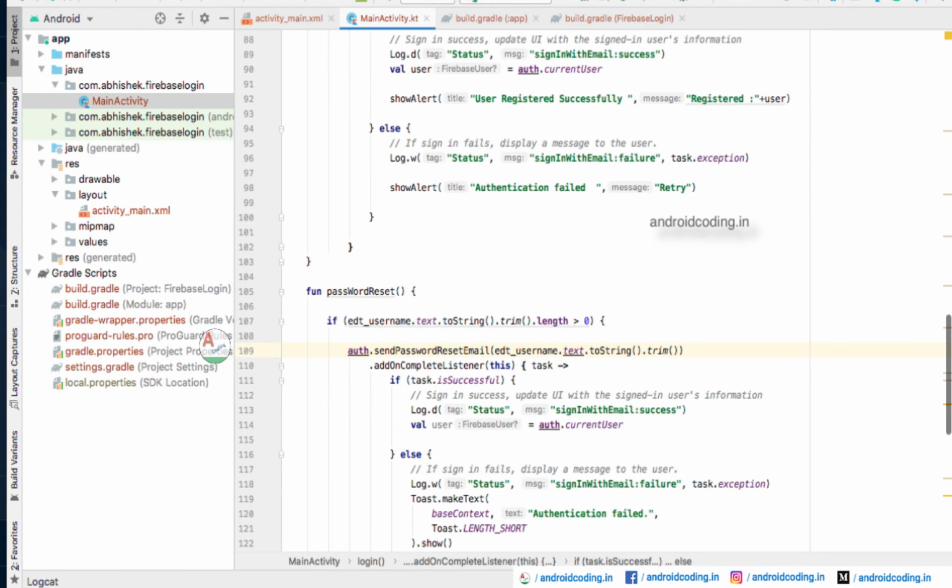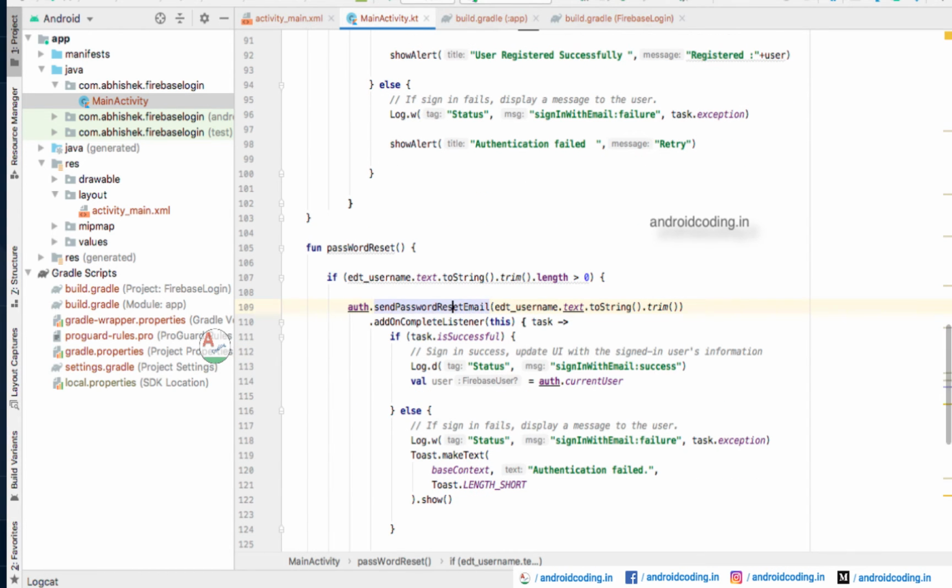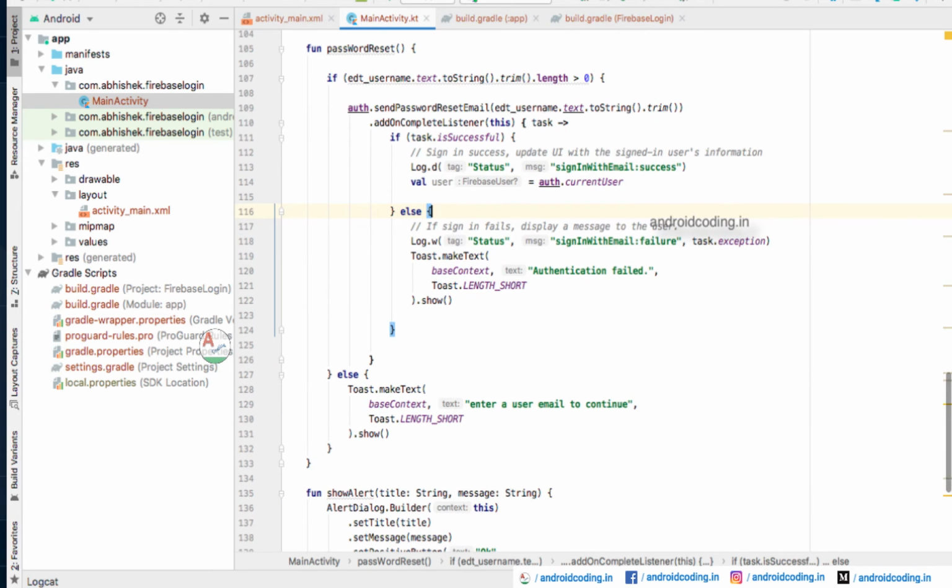And here the third module is password reset. So this is a crucial module. So whenever your user forgets your password, I mean his account credentials, whenever he wants to reset his password, he can make use of this particular module. By clicking on this particular module, he needs to enter the username in the section provided below. Based on that username, here username is nothing but an email address, to that particular email address we will be sending a password reset link,